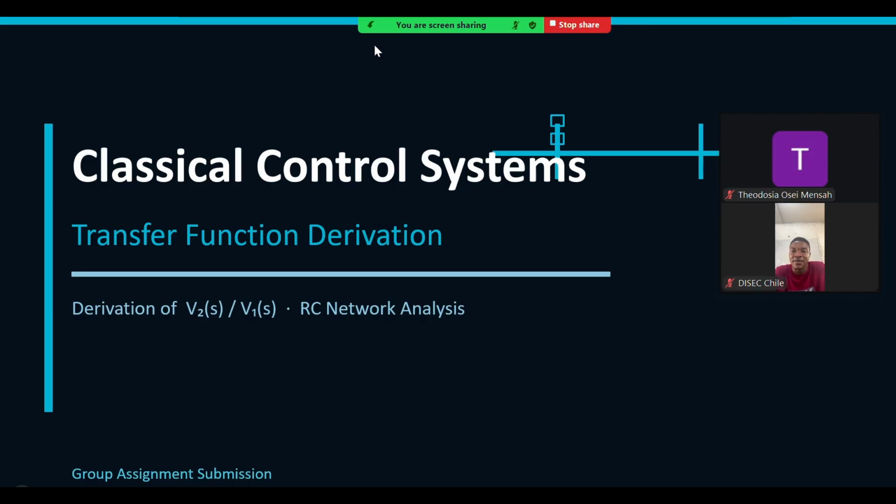Laplace domain. To achieve this, we will convert the circuits into their impedance equivalents, determine the total impedance seen by the source, and then apply the voltage divider principle. By the end of this derivation, we will obtain a simplified transfer function that describes the dynamic behavior of the